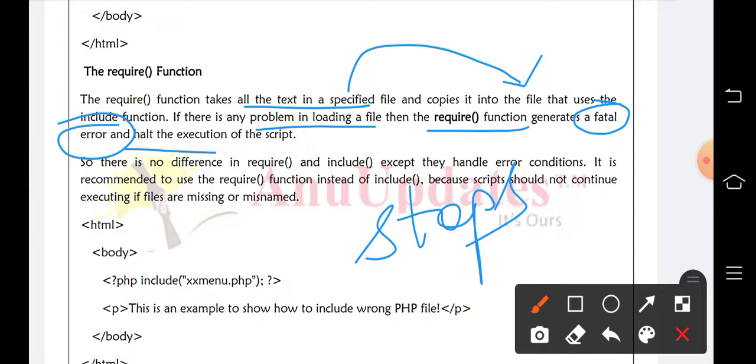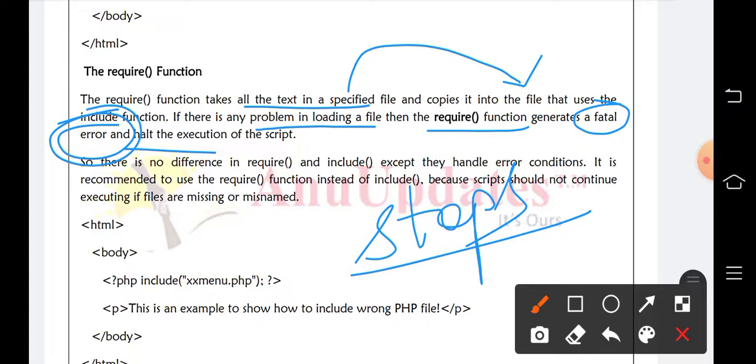The only difference between the include function and the require function is that the include function generates a warning message and continues its execution, but the require function generates an error message and halts the execution.